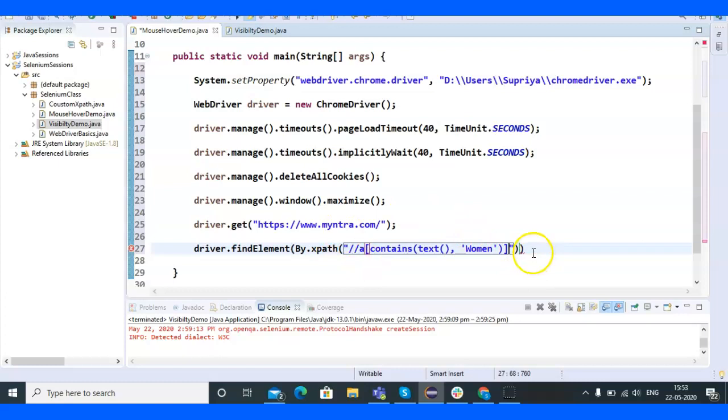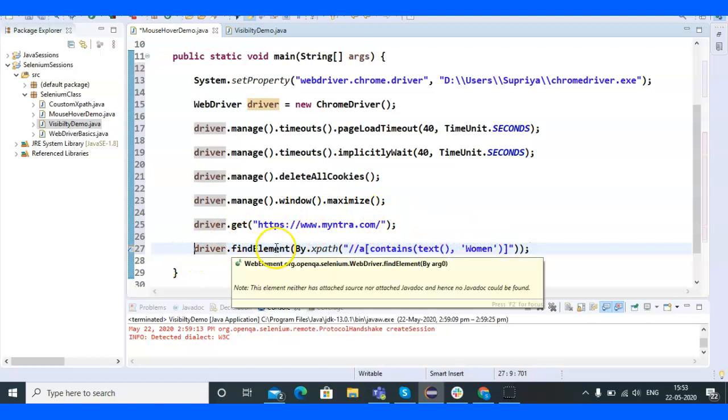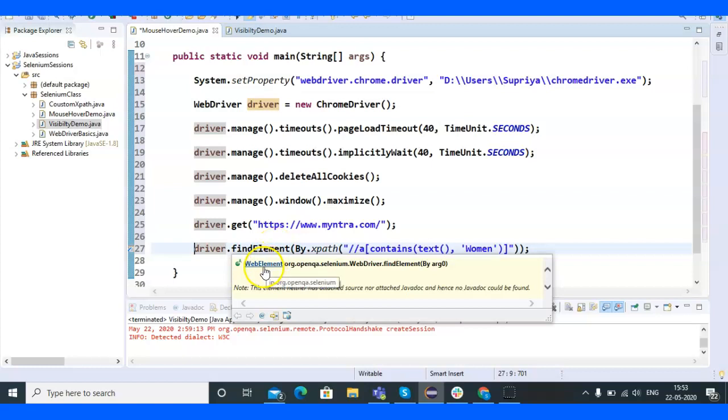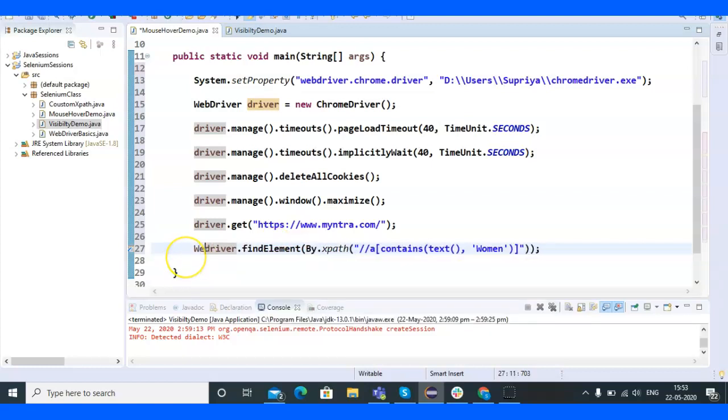We will put the value here, and we are not going to say dot click. In case of mouse hovering, we will not say dot click, that won't work. So what we will do, we will save this. Now this find element will return me the web element. So we will say web element,